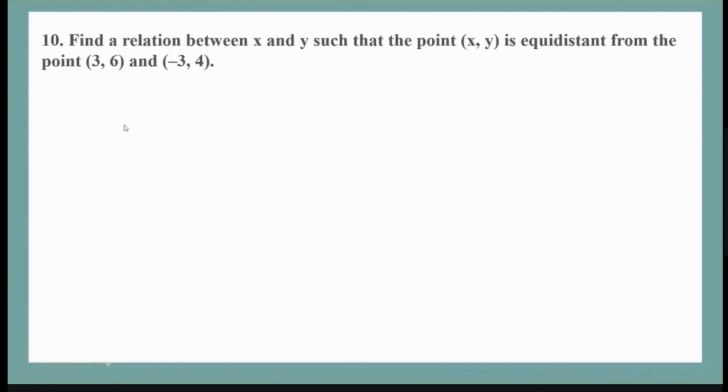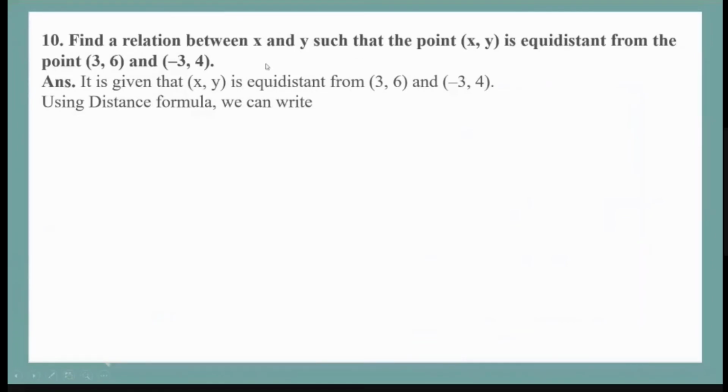Find the relationship between x and y such that the point (x, y) is equidistant from the points (3, 6) and (-3, 4). Again, this question is quite similar to what you had done in the solved examples. I take these 2 points, and the distance from (x, y) is the same. Let's say this is point P, this is Q and this is R. Then PR is equal to QR, which means PR square is equal to QR square. That saves me from taking the square root. I'll find out PR and QR